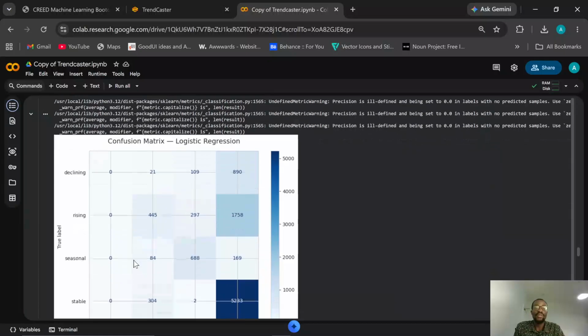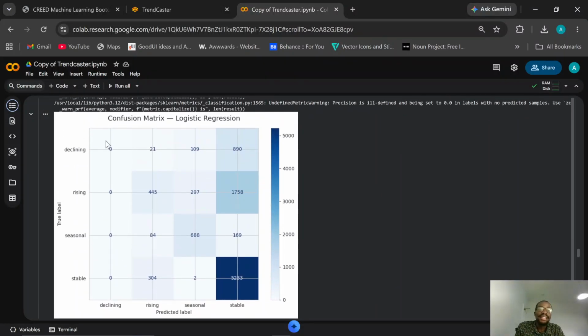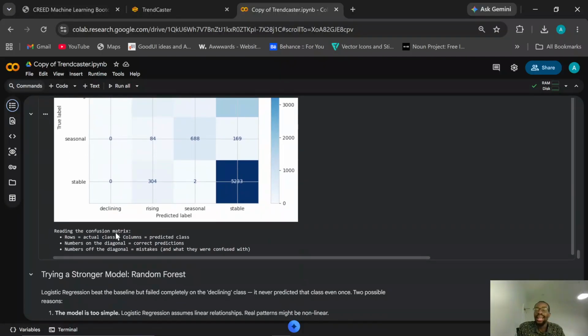Looking at the confusion matrix, we can also see that it did not predict the declining class at all. No prediction was done. Does that make it a good model? No. So that's why we crossed out the logistic regression.